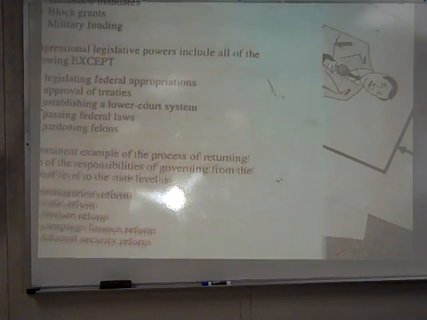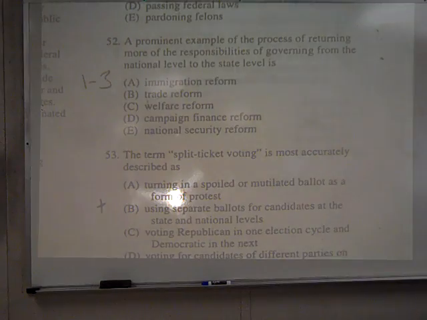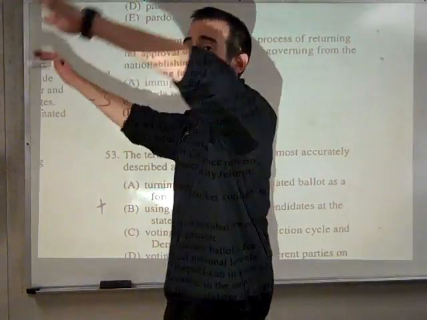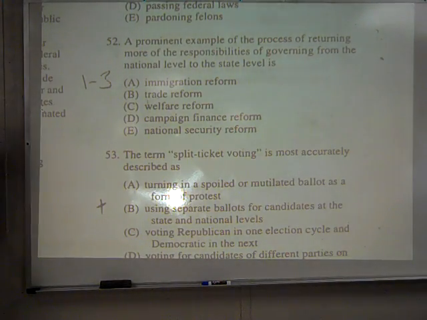All right, 52. A prominent example of the process of returning more responsibilities of governing from the national level to the state level. What's this called, by the way, that starts with a D? Devolution. Okay? And so this would be making categorical grants into block grants, or it might be welfare reform. It might be U.S. v. Lopez, where